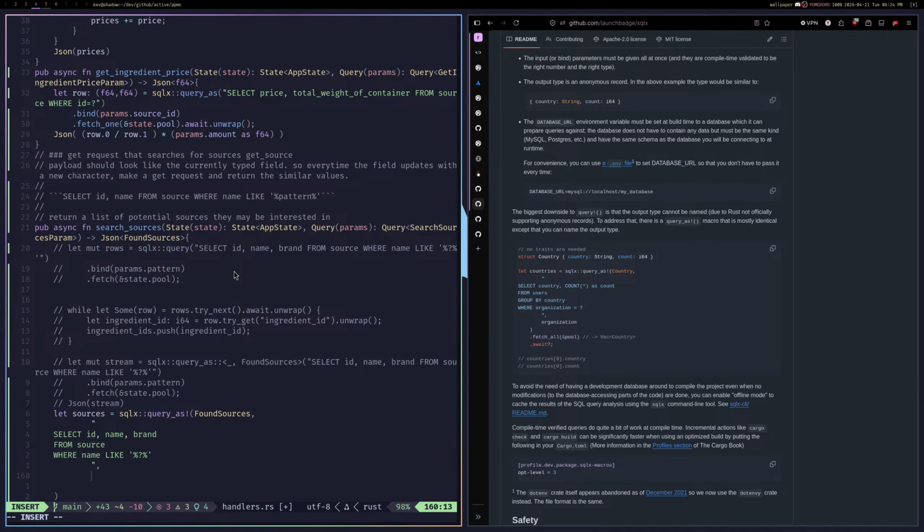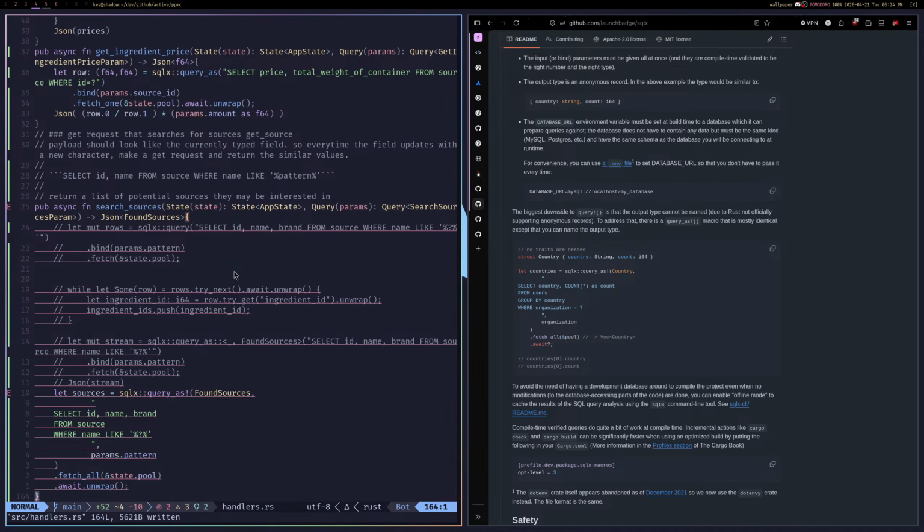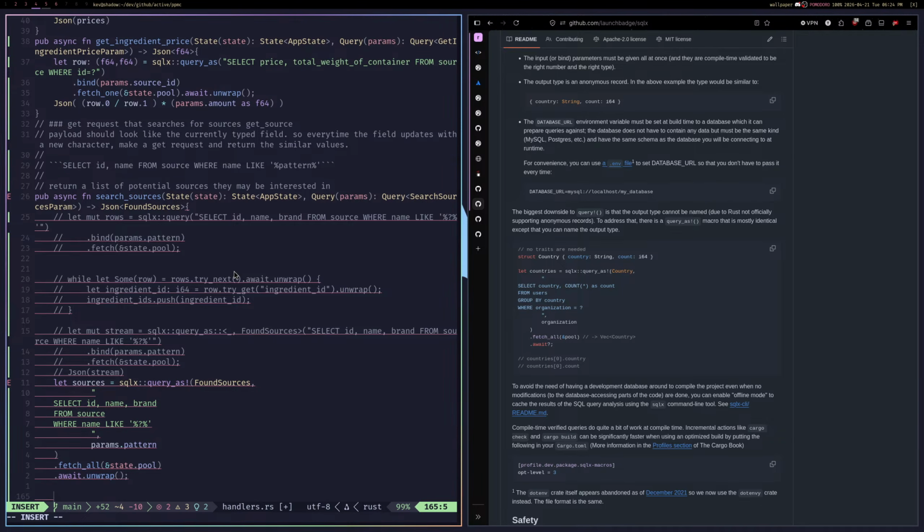It should be here, and I'm going to do params dot pattern, dot fetch all at state dot pool, dot, and then I can just do